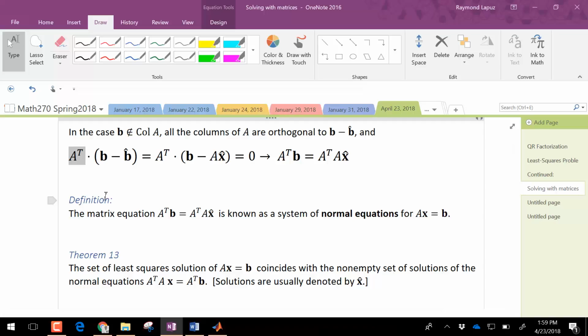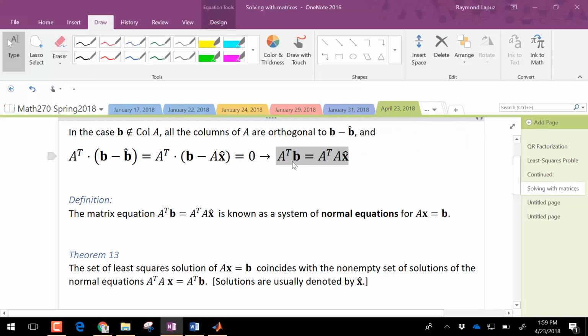You're dotting the vectors with each of these things. And when you do that, that should equal 0. So if that's equal to 0, then we can distribute the transpose